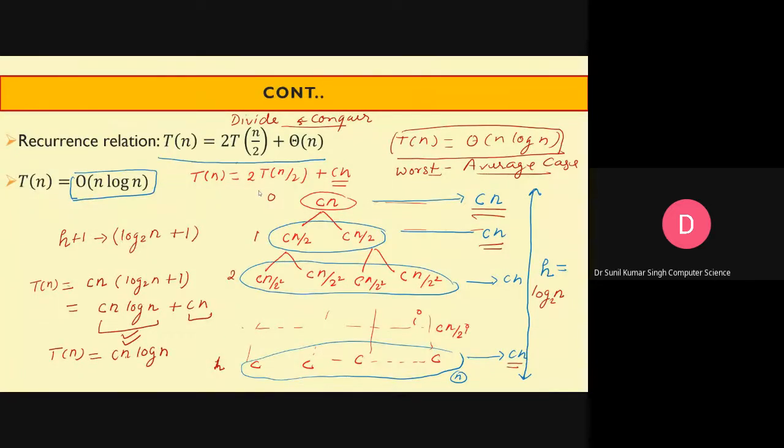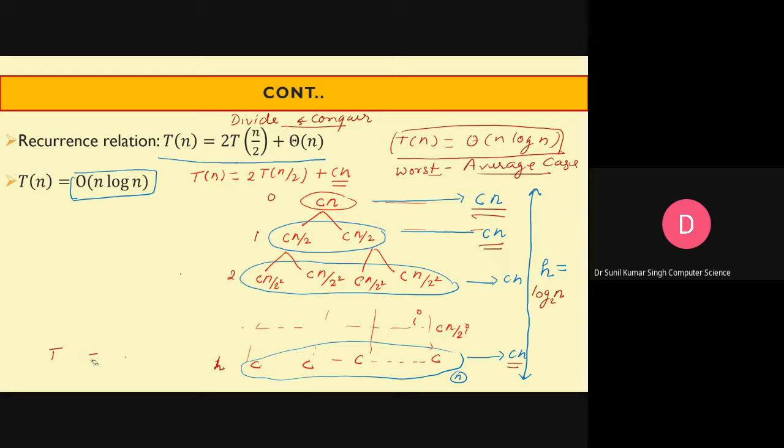It is not necessary that we are every time going to have the recurrence relation like this only. I mean, if we are going to apply it for quick sort, because quick sort is also based on the divide and conquer approach. If you remember the working of the quick sort algorithm, it is also based on the divide and conquer approach.